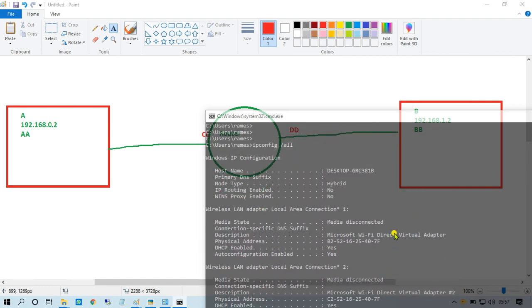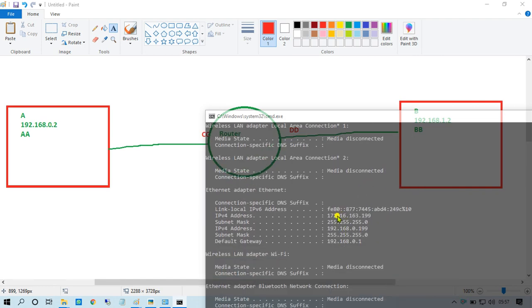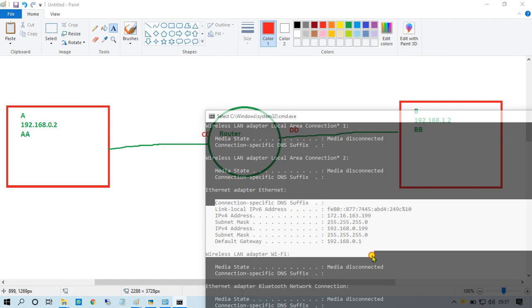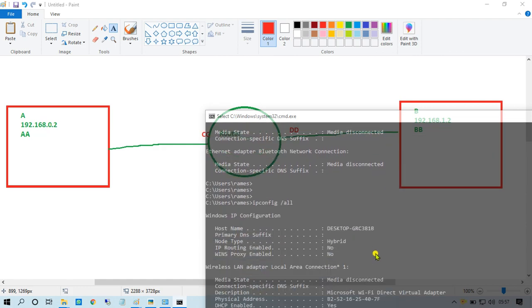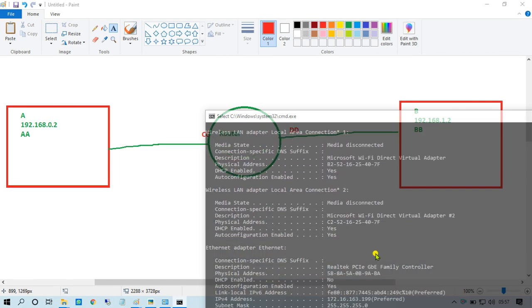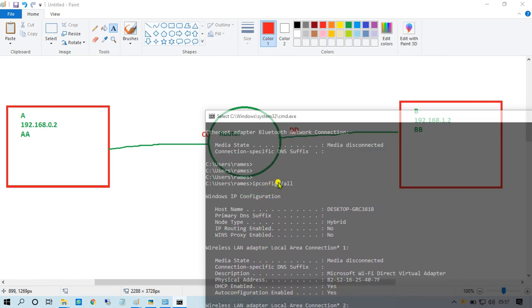Previously we checked only the IP address and gateways. Okay, now after using the ipconfig /all command, what are we getting?